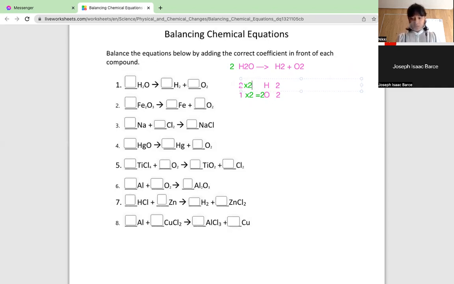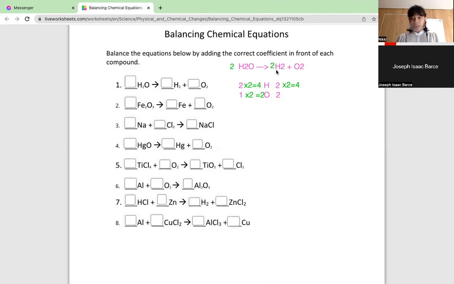So, ano yung magiging sagot? 4. 4 na yung hydrogen. Ngayon, tingnan mo yung hydrogen. Ilang hydrogen meron sa left? 4. Ilang hydrogen meron sa right? 2 lang. So, ano yung kailangan mo i-multiply dito sa hydrogen sa right to make it equal? 2. Times 2, right? To make it 4. Okay, now. So, since nag-times 2 ka, lalagyan mo rin ng 2 dito sa chemical equation. Ngayon, equal na ba sila? Yes. So, yung balanced chemical equation mo would be